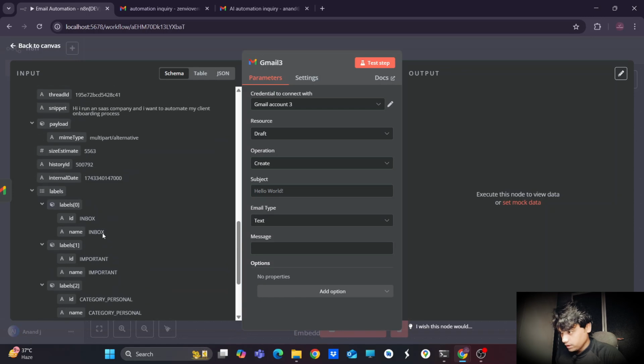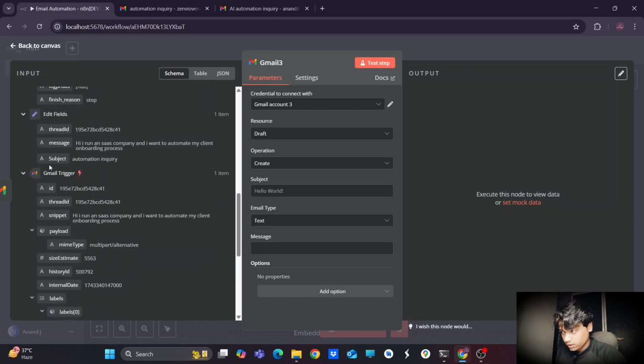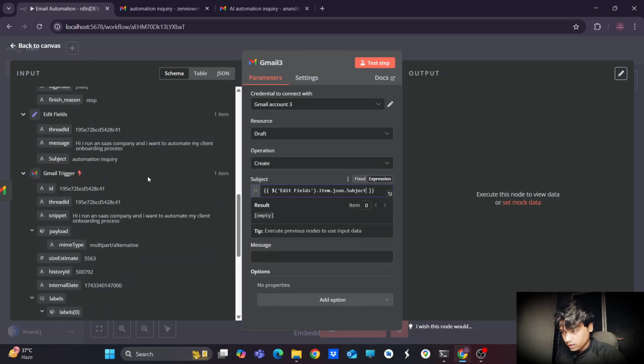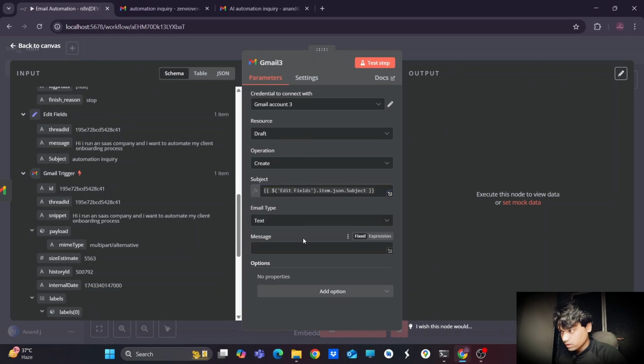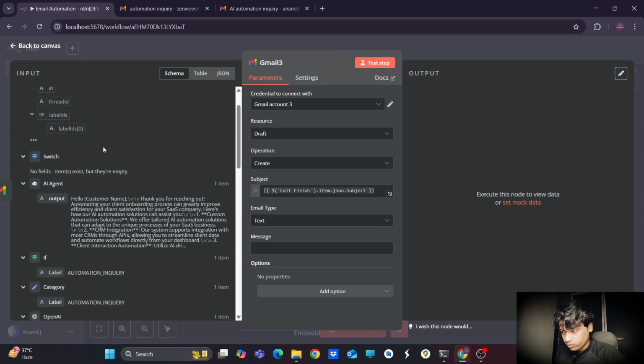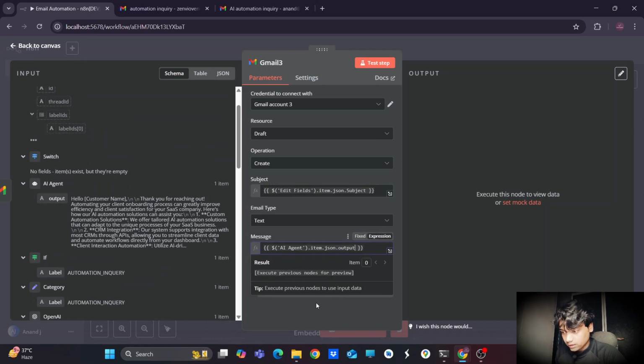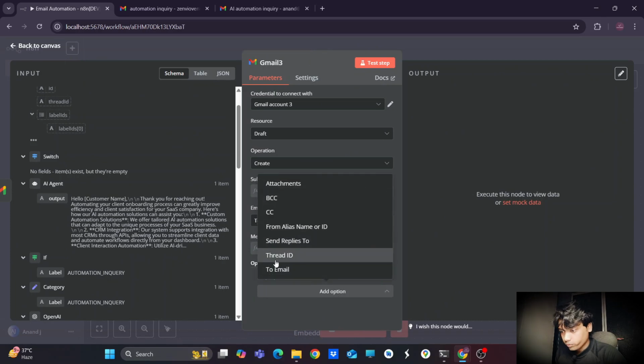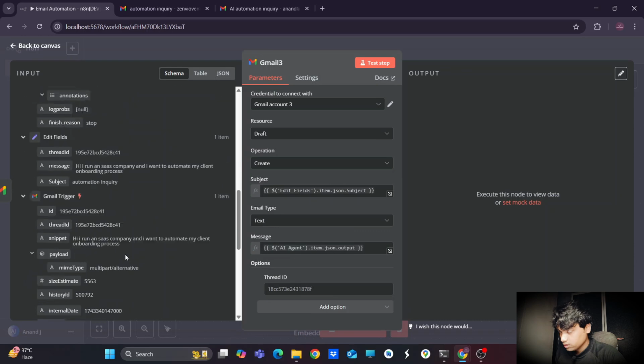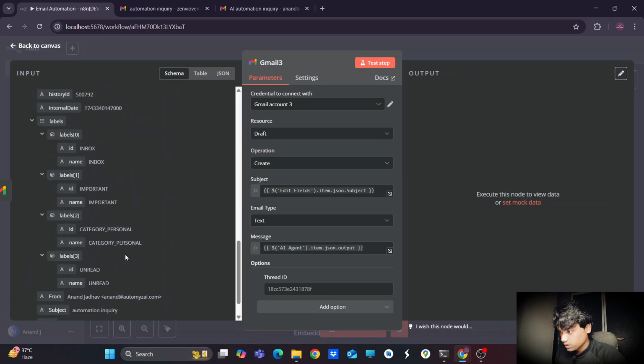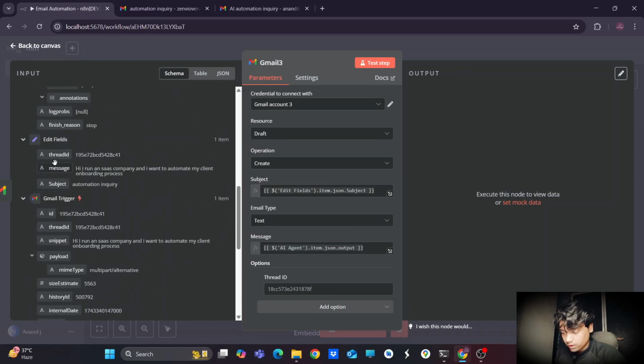So here is our subject. Use this subject. Don't select the email type. Then the message is the output from the AI agent. Then from the options, I'm selecting the thread ID. I'm configuring the thread ID. For that, this is our thread ID. Use this thread ID and paste it here.